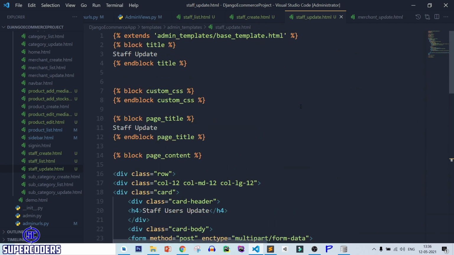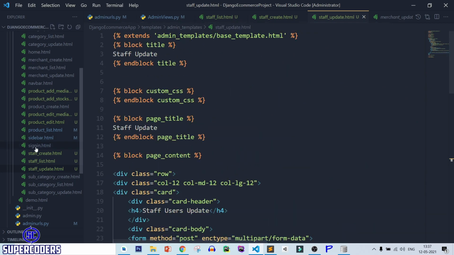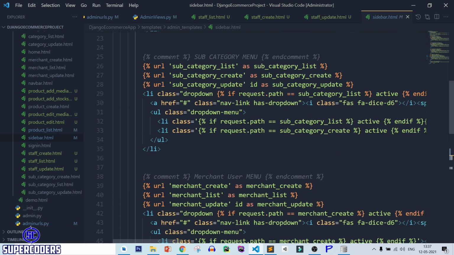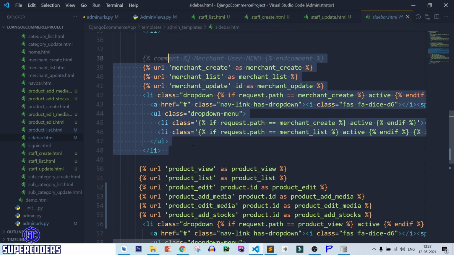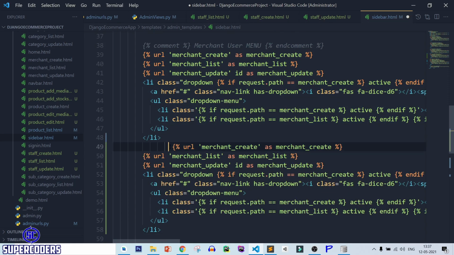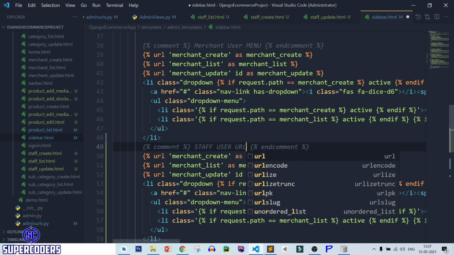Now after that, let's link this whole URL in our sidebar. So open sidebar. After that, let's copy the URL of merchant, paste it, staff user URLs.